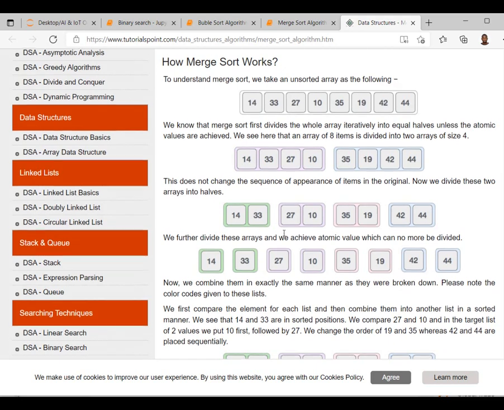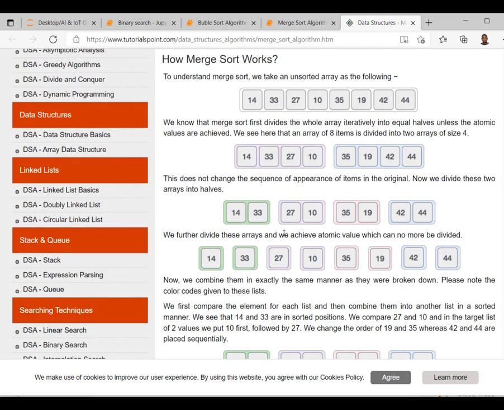So this algorithm comprises two main steps. First one is to divide the given array or list of items into two equal half parts,